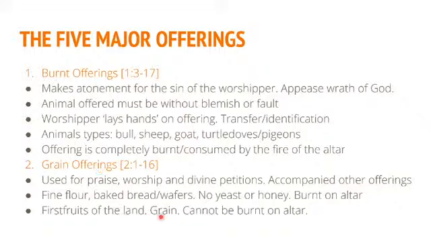Understand the distinction here. One, they could have brought the fine flour, right? All of these are in the category of a grain offering. But they could have brought the fine flour and made bread and wafers, right? And this is flat bread, and not the kind of bread we have today, like raised loaves. This was flat bread. So they would make these bread or wafers, which would have no yeast or honey. Remember I said these things represent contamination. You could see many times where yeast represents sin. So in other words, a pure offering. This one was burnt on the altar. But the first fruits one